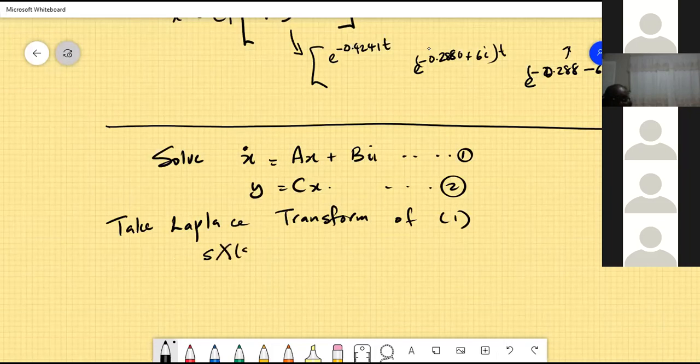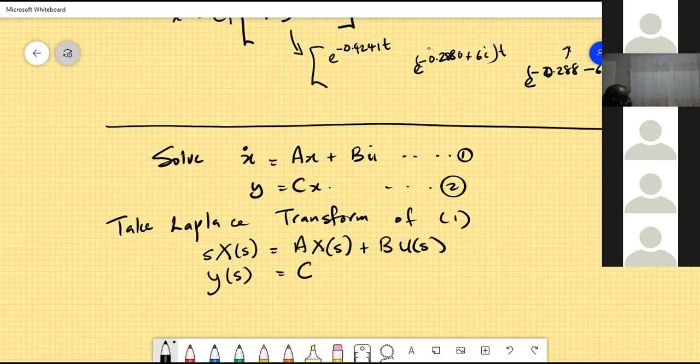Capital X(s) is equal to A X(s) plus B U(s), and then Y(s) is equal to C X(s). So if we take the Laplace transform, those are the things that we're going to have. Now, if we make x the subject of the formula,